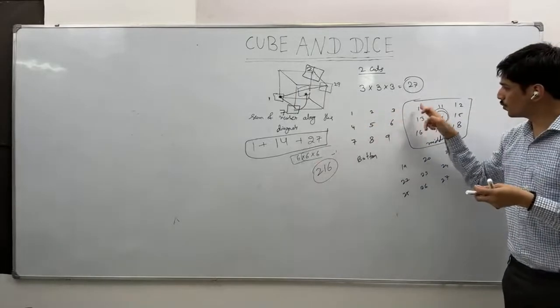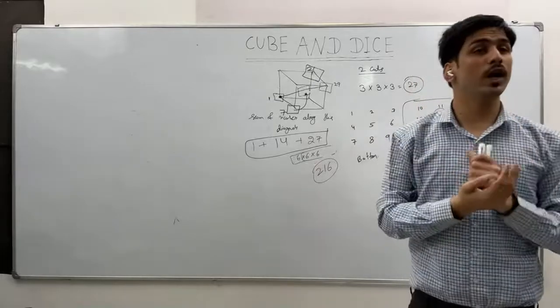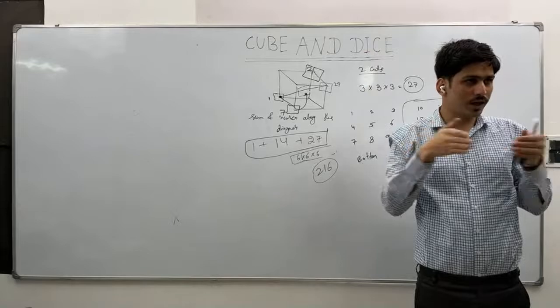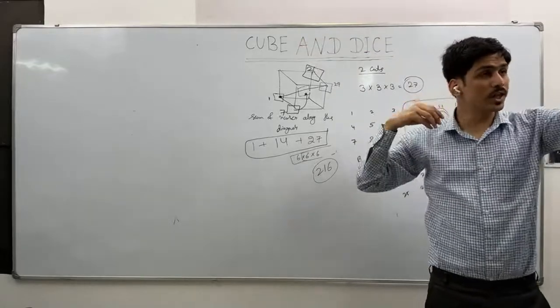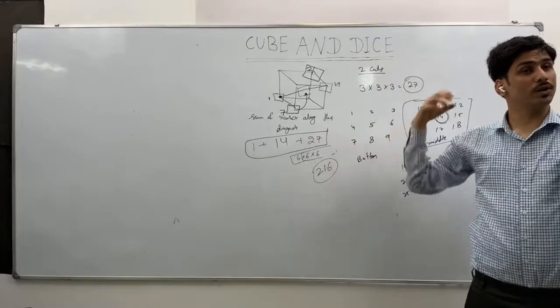And likewise I'm numbering them. 1, 2, 3, 4, 5, 6, 7, 8, 9, like this I'm numbering, okay? So how many layers do I have now? 6 layers I have, right? So let's say first layer I am having like this, 1, 2, 3, 4, 5, 6, then 7, 8, 9. So first layer starts from 1 to 36, okay? Second layer starts from 37 to